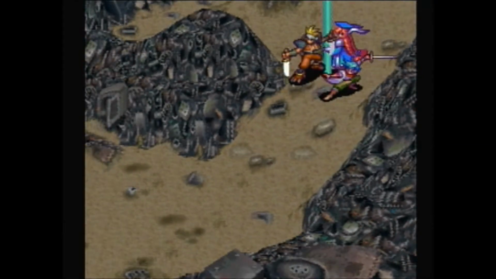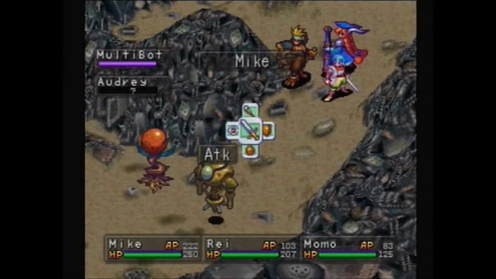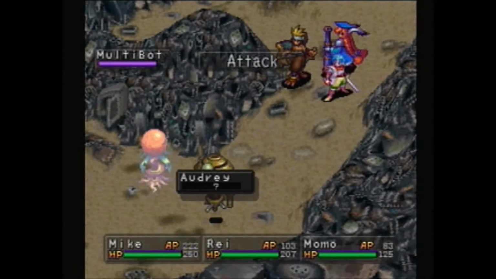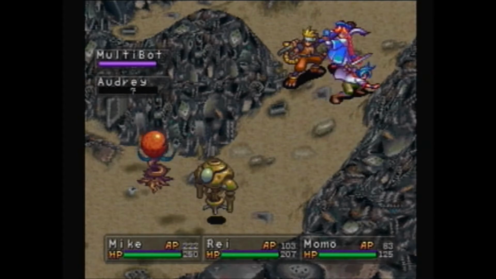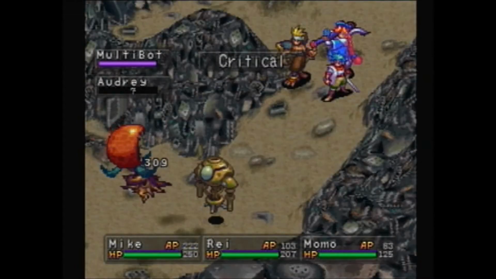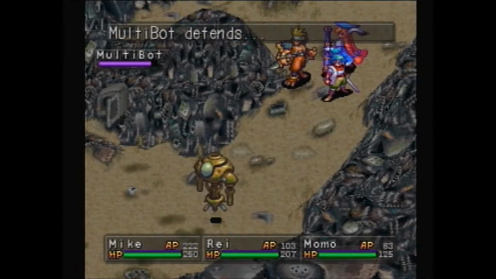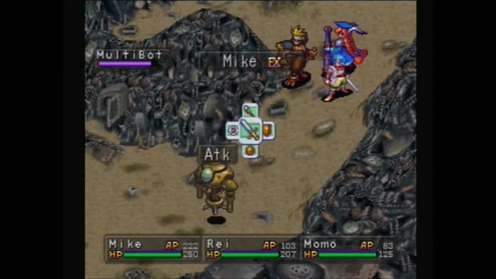I guess what I should say is I didn't go out of my way to get any extra levels with her. It's not that I never used her at all, obviously, and she's kind of forced in your party during a couple of different areas, but I didn't really go overboard with her. I mean, my main character at 250 health, that seems like a lot. I feel like I must have,